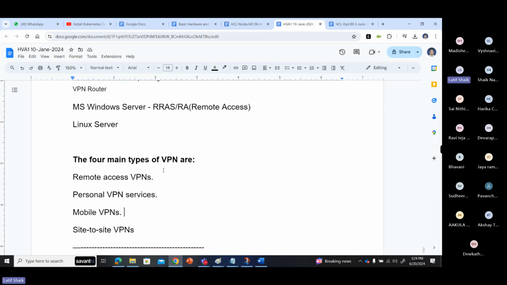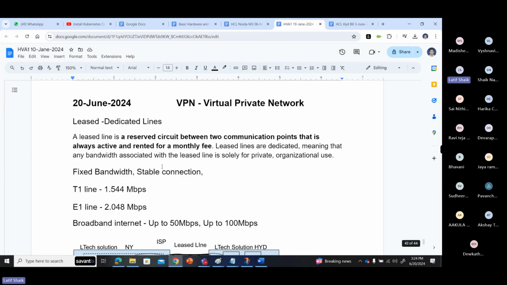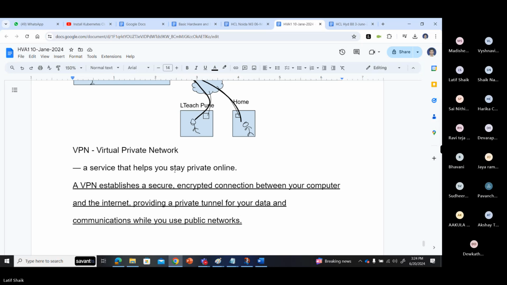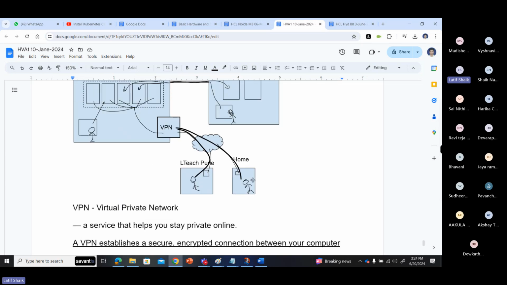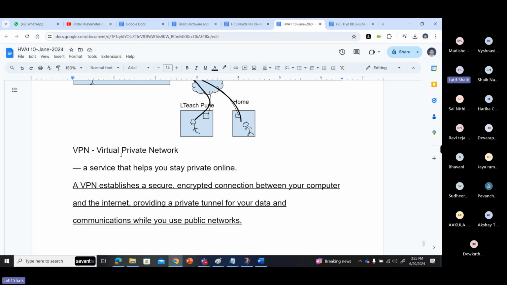Anything left? Nothing. That's about your VPN. What is a VPN? Virtual Private Network. It establishes a secure, encrypted connection between your computer or your organization's private network to your main office private network, by providing channels like PPTP, SSTP, L2TP.